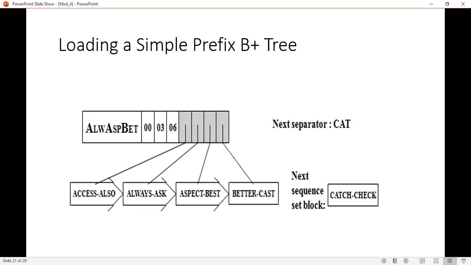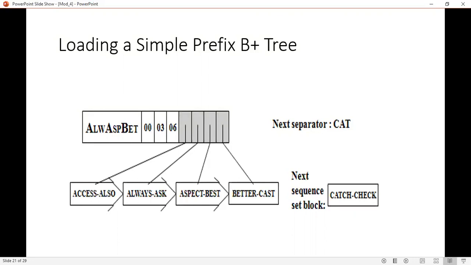Building a simple prefix B plus tree is done through a series of insertions, splitting, and redistribution. But these are very expensive. This involves searching down, that is, for each insertion or deletion, you have to search down through the tree for inserting and then reorganize the tree as necessary on the way back up, that is, for arranging the index. You have to arrange the index back. So we will consider a random order insertion here.